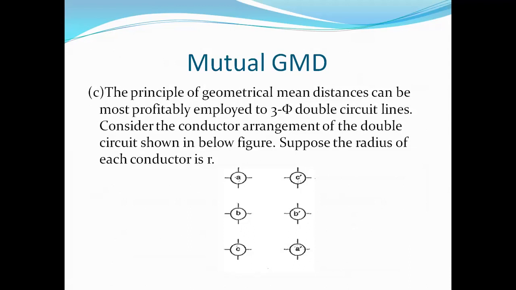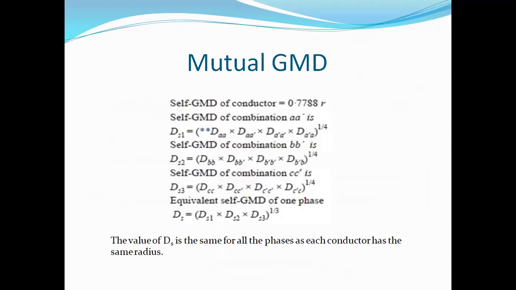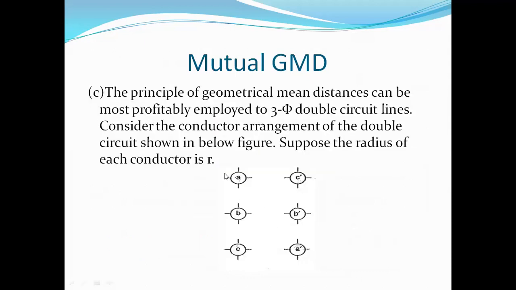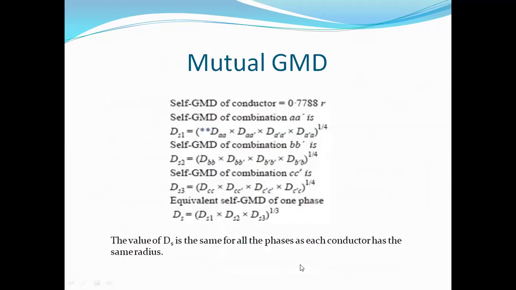Suppose the radius of each conductor is R. Very significant: here we consider the radius of all the conductors to be the same. And we already know that the self GMD of a conductor is equal to the GMR, that is 0.7788 R. So here you have to find the self GMD of combination A A dash. If we consider the self GMD of A A dash as DS1,